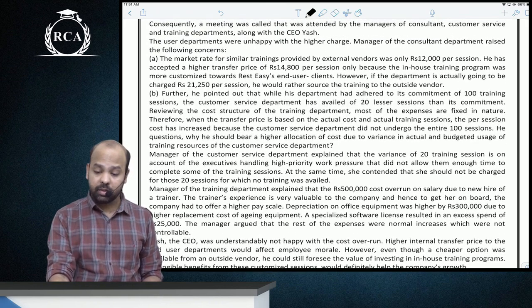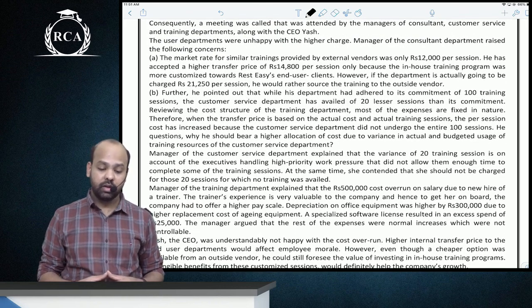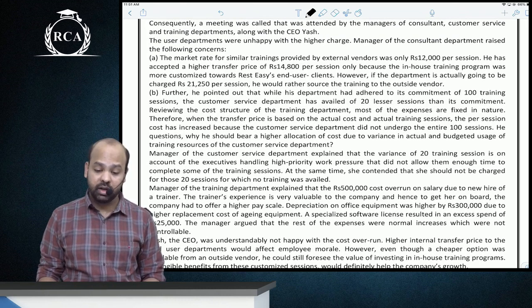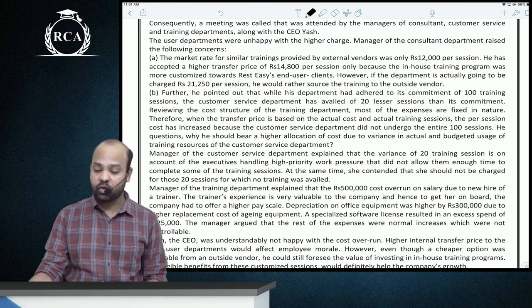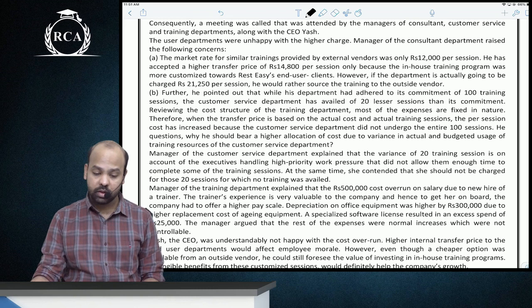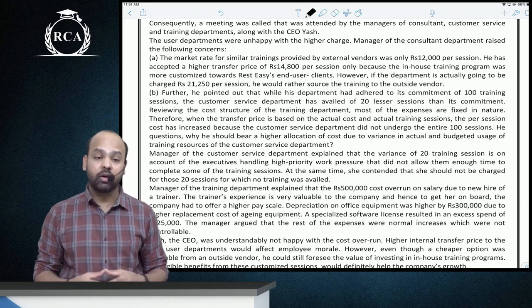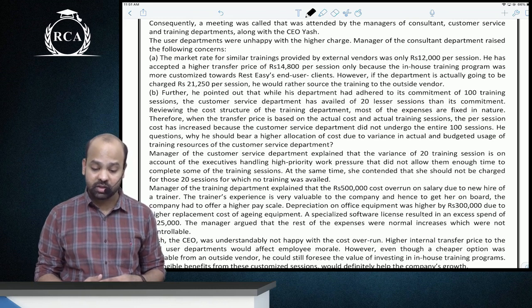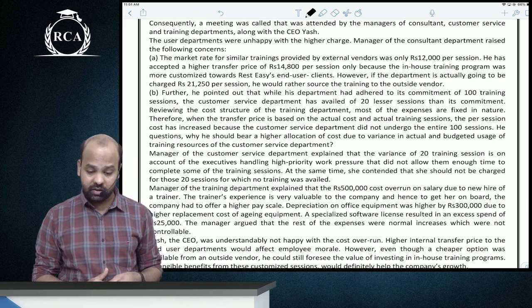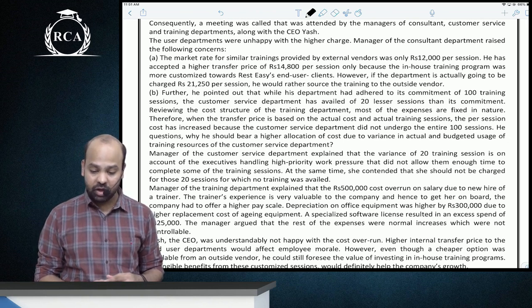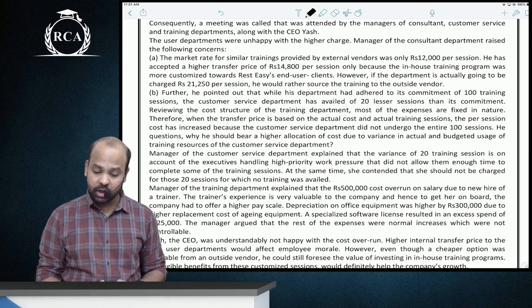Manager of the consultant department raised the following concerns. The market rate for similar trainings provided by external vendors was only 12,000 rupees per session. He had accepted a higher transfer price of 14,800 per session only because the in-house training program was more customized towards REST easy's end user clients. However, if the training department is actually going to charge 21,250 per session, he would rather source the training to the outside vendor. Further, he pointed out that while his department has adhered to its commitment of 100 training sessions,